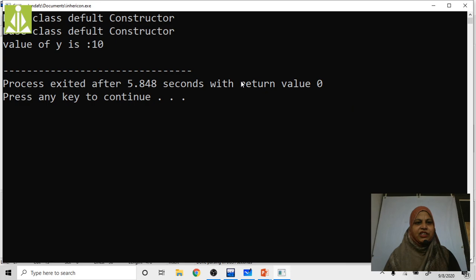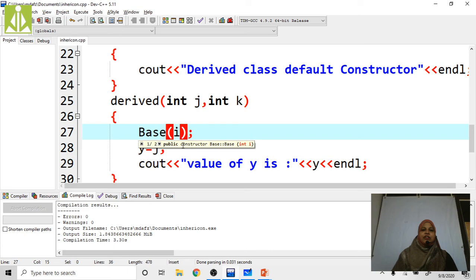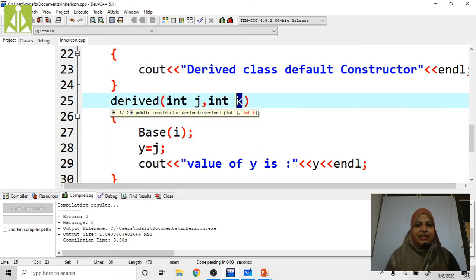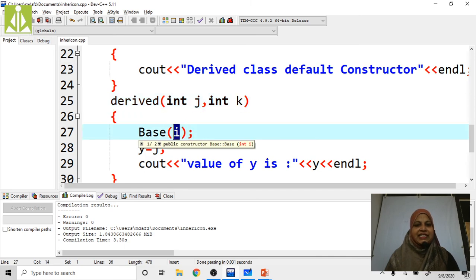Base class default constructor, value of y is 20. And why are we getting this base class default constructor 2 times? Because here directly we are calling this one. Is there any k value for this one? Again we are passing the i value only.